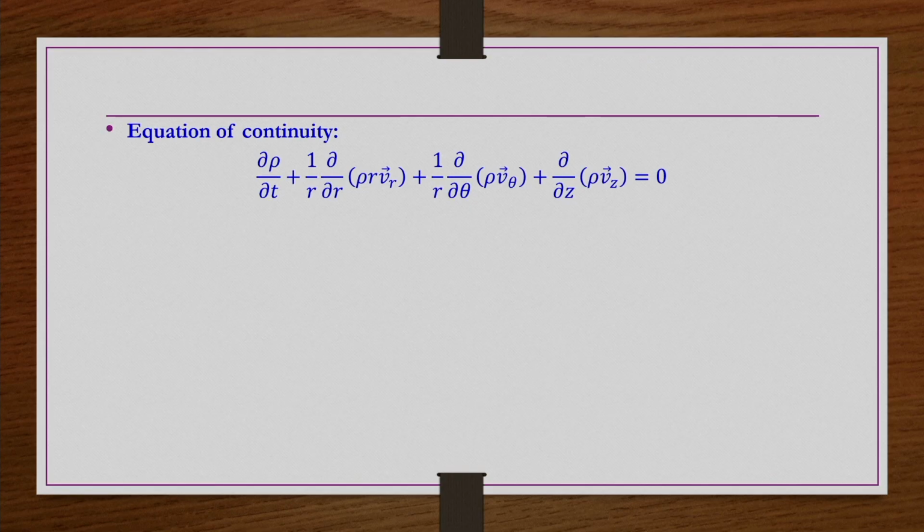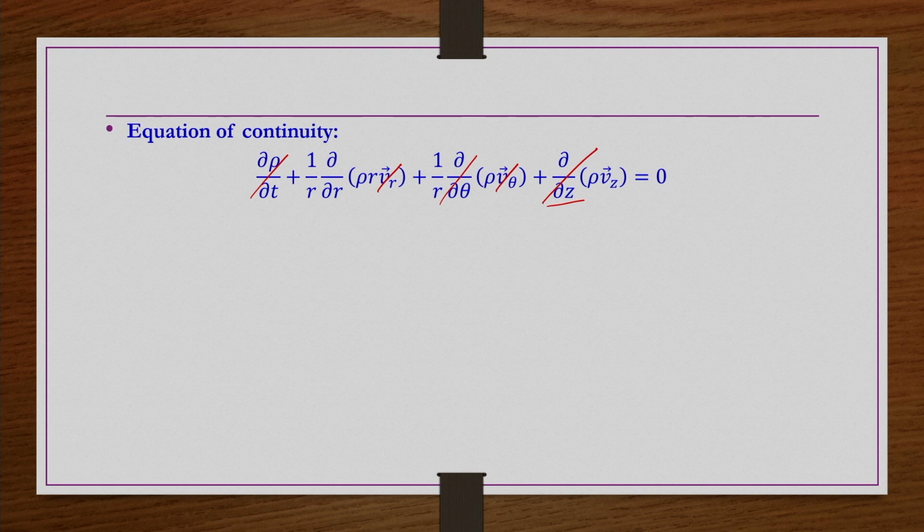What are the constraints? We have steady state, so the first term we can cancel out, and compared to Vz, Vr and V theta are 0. So the second and third terms are also 0. Because of the symmetry, this third term is 0 anyway, and because of the fully developed flow, dou by dou z of any flow variable is 0. So the constraints are consistent, and continuity is being satisfied here. This is one point of simplifying the continuity equation.